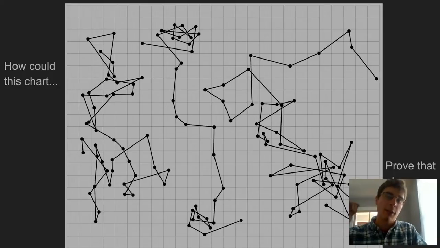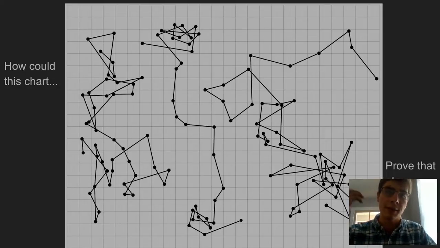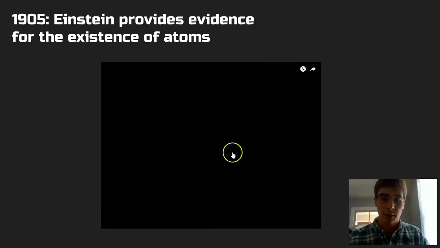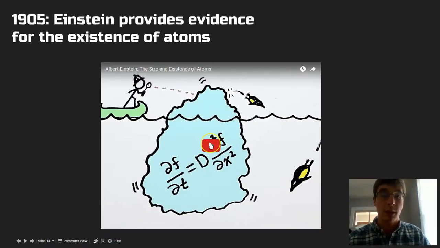There's a guy in the 1800s who observed it under a microscope. I think he was studying pollen or something, and he got some of it in water and it was cruising around randomly, and he's like, that is bizarre, I don't know what it is. I'm going to name it after myself, Brownian motion, but he didn't know what it was. The question is, how does this prove that atoms exist? Well, it turns out that Einstein played a pretty big role in that. We're going to watch this little video here that talks about Einstein's role in Brownian motion and how it provided